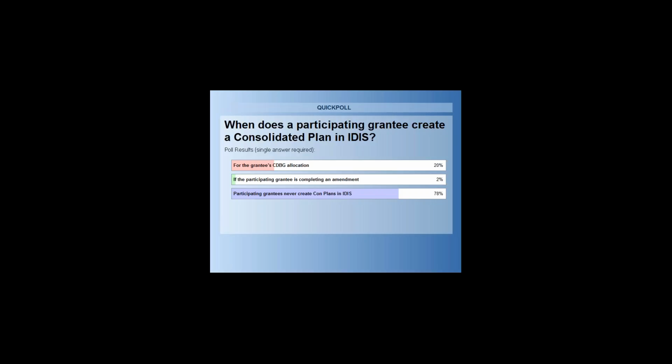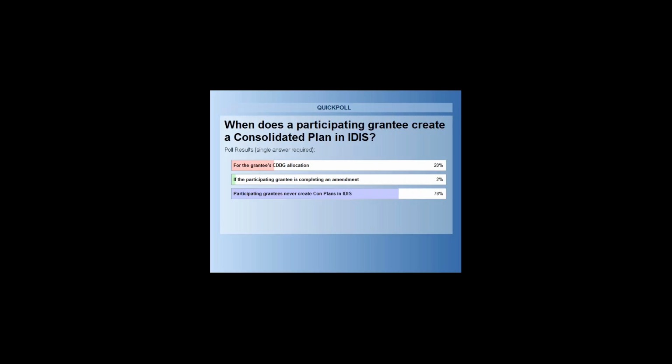So 78% of you said that the participating grantee never creates the comp plan. About 20% of you said for the grantee CDBG allocation, and 2% if the participating grantee is completing an amendment. The answer is never, right? I really want to reinforce this: a participating grantee is never creating a comp plan template. All of that is driven by the lead grantee's creation of the consolidated plan.